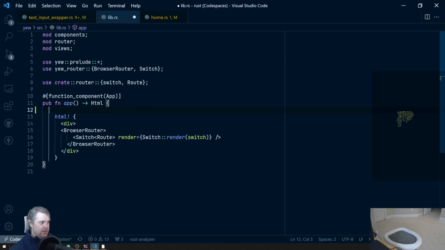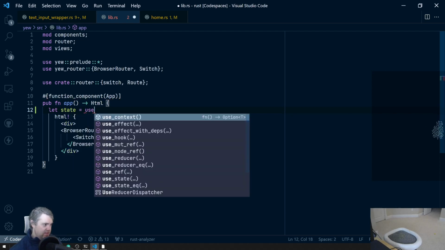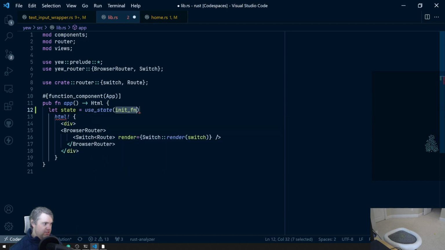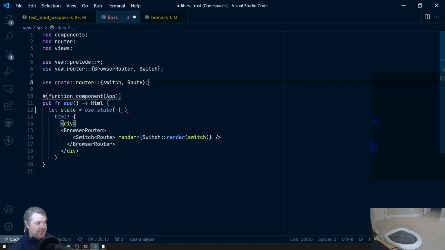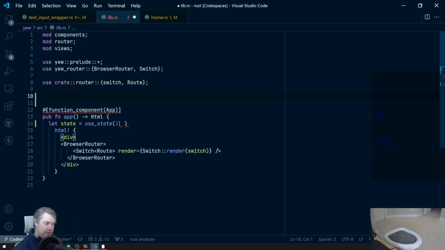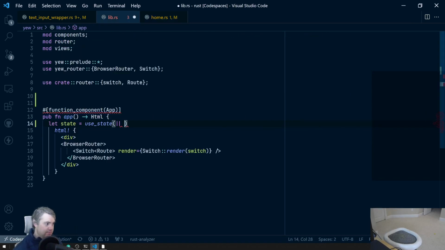So there is a use state. So I think we can do let state equals the use state hook, which will have an init function, and I need to return a new, okay, I probably want some kind of state, because I could just do a string that holds this text input. But if I want more of these things, then I need more. So let's do,